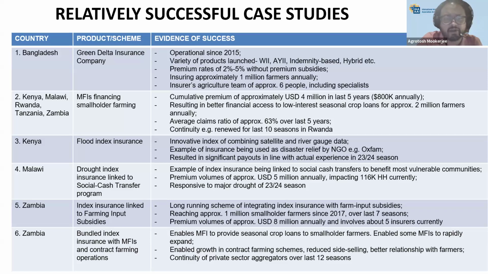We see cases in Africa where parametric insurance has really led to small-scale farmers getting better access to financing, often at lower interest rates than what they would have got from other lenders. So there are some cases we've seen where microfinance institutions or non-profit organizations which are providing financing or inputs to farmers have continued different forms of parametric insurance, weather-based and yield-based as well, over the last